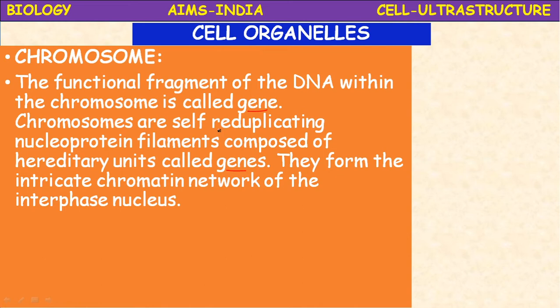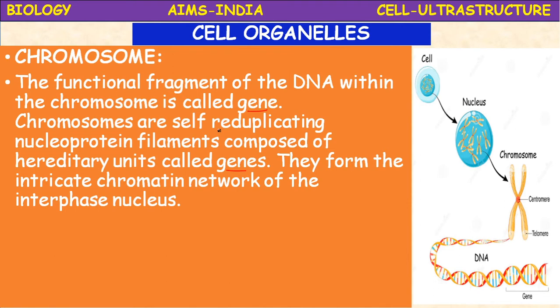Okay, for example, human beings, we have 23 pairs of chromosomes, 22 autosomes and 1 pair allosomes, sex chromosomes. Okay, the chromosome number has to be maintained constant. In order to maintain the chromosome number constant, this interphase is the phase where the duplication of the chromosomes or replication of the genetic material takes place. Okay, so we can say, the volume of the nucleus will increase during the interphase.